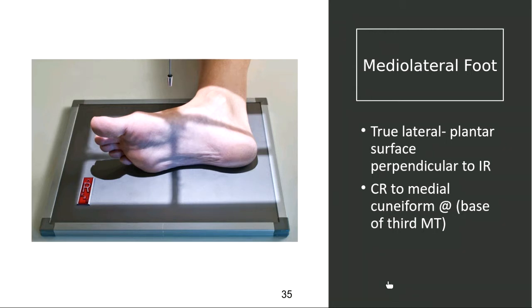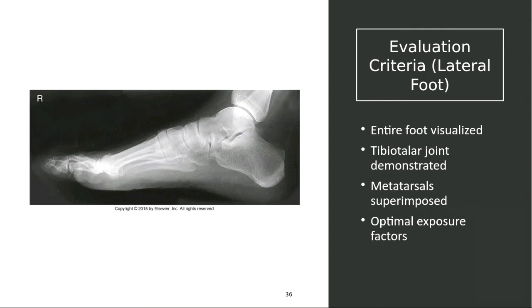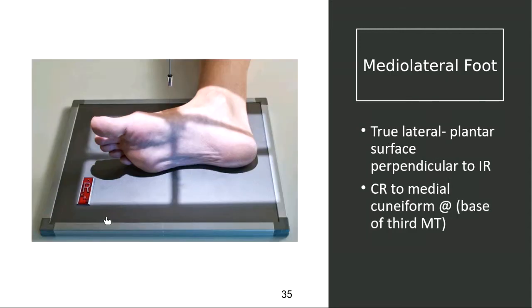All right, now typically when this image hangs, which you'll see in the next picture, it tends to hang with the tib fib up. Like this, if you were looking at the view box, this is actually how it would hang. So that marker placement is perfectly fine. But if you look on here, this would be perfectly fine too, except our IRs aren't this small anymore. They're much bigger. So this is acceptable